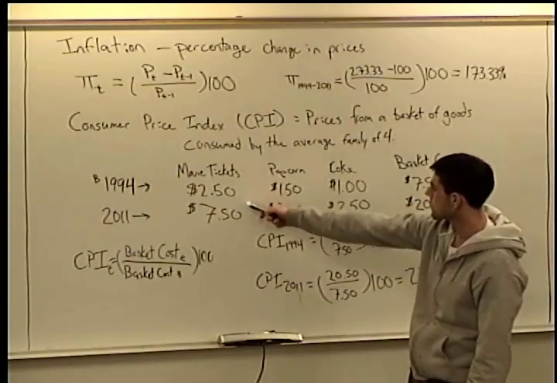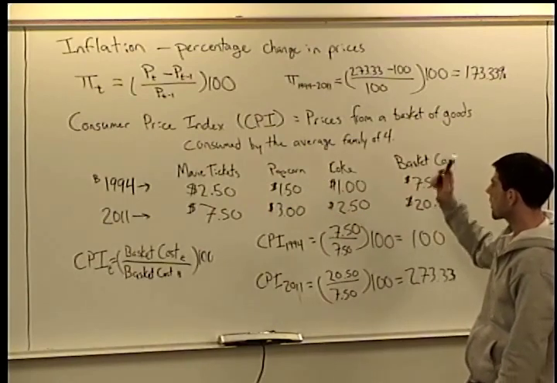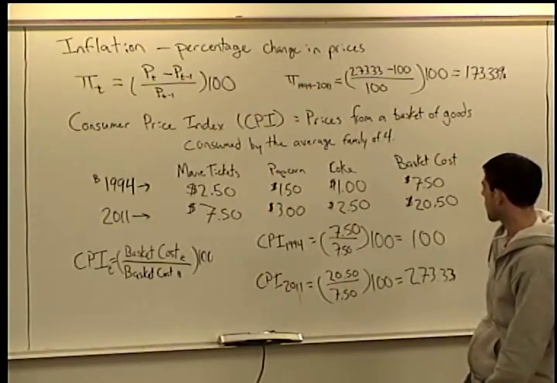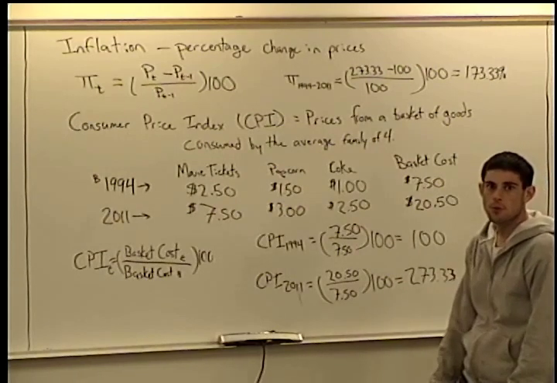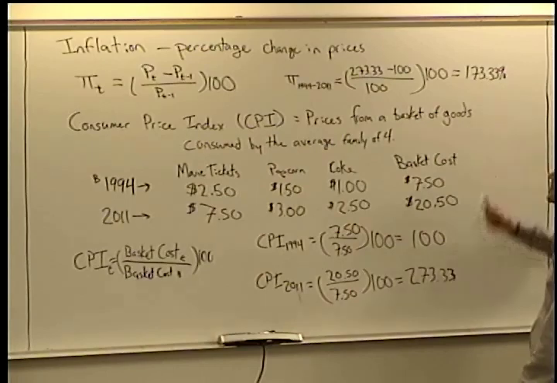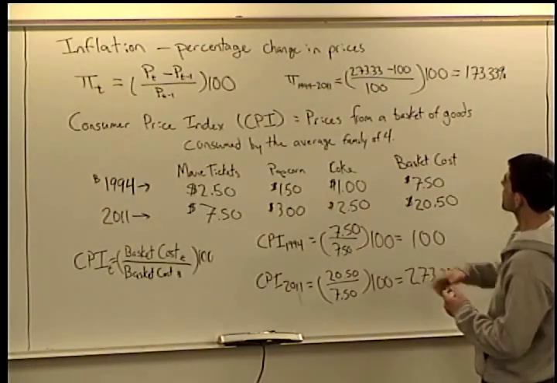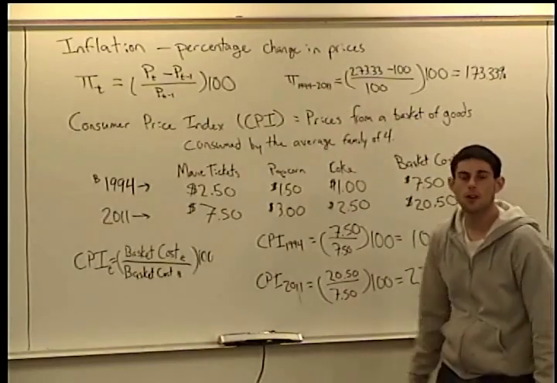Movie tickets cost 3 times as much. Popcorn costs twice as much. A Coke costs just a little over, 1.5 times more. Okay, so we're taking an average weight and it comes up to 173.33. Okay? If we wanted to know, so this is over 17 years, if we want to know what was the